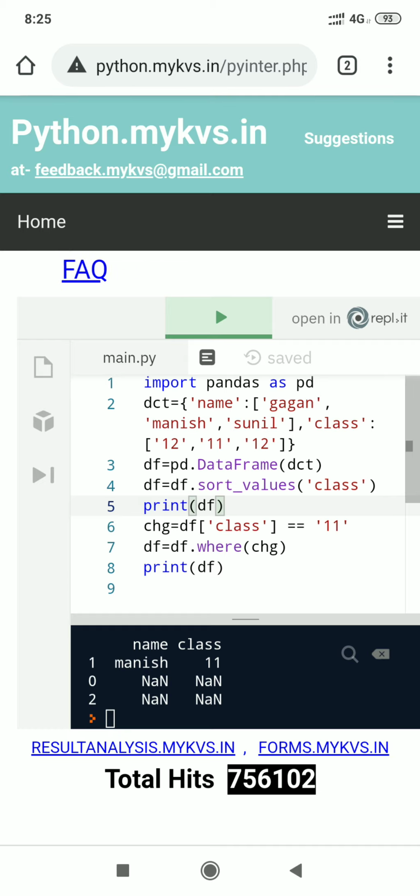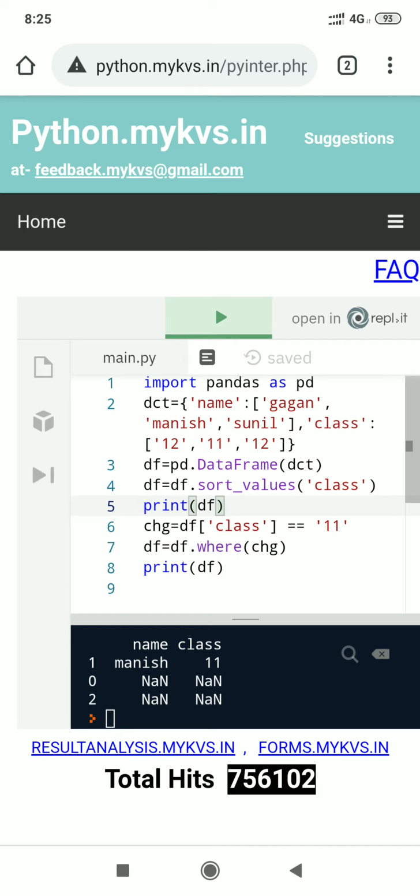You have to create a pandas object, then a dictionary. Here we are using a dictionary, but if you like you can access the data from a text file or CSV file or any other source.